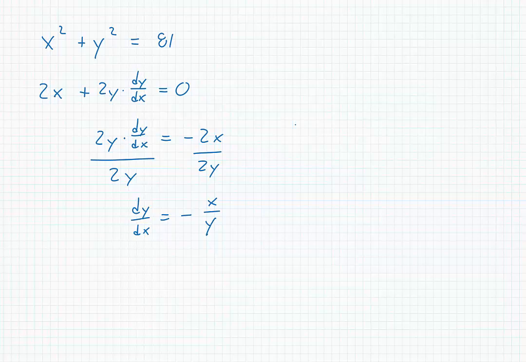If we have to factor out, once we get down to just a single dy dx times some expression, then once again we can divide. So we're going to go through the same set of steps. They may be less or more complicated depending on the problem, but take the implicit derivative first, get all the terms with dy dx on one side, any terms that don't have dy dx on the other side of the equal sign, factor a dy dx out if you need to, and then finally divide so that we get to